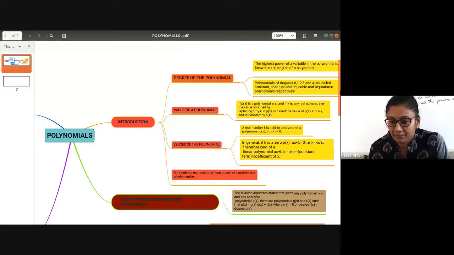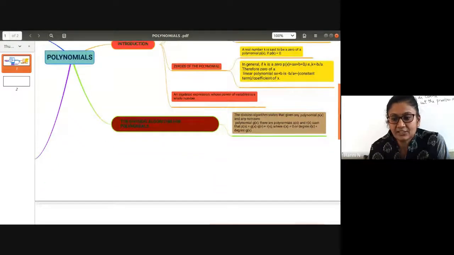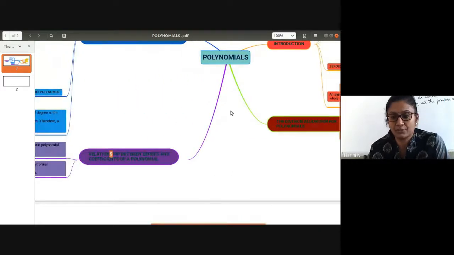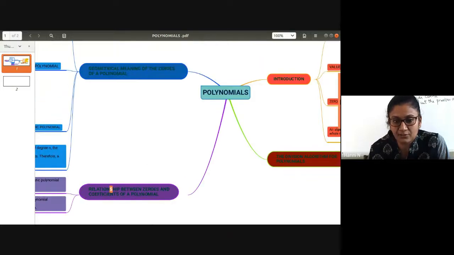All right. Then once the introduction is done and you're able to recall all that we studied in class 9, we will be quickly touching on the division algorithm for polynomials. This also you have done in class 9: how to divide a given polynomial with another polynomial. This was done in detail for you in class 9, where you learned the division of polynomials. So that is also going to be discussed quickly because it's again a revisit of your previous knowledge.